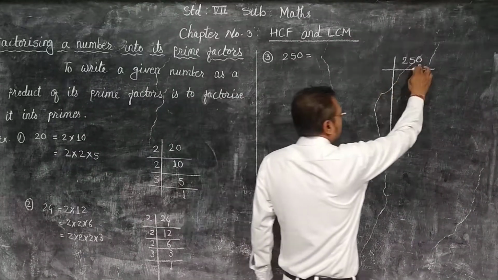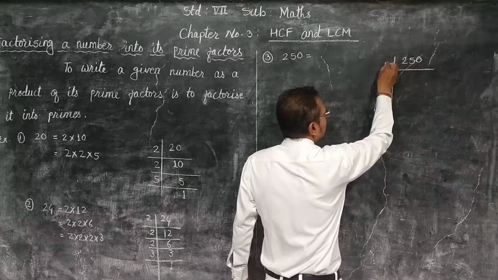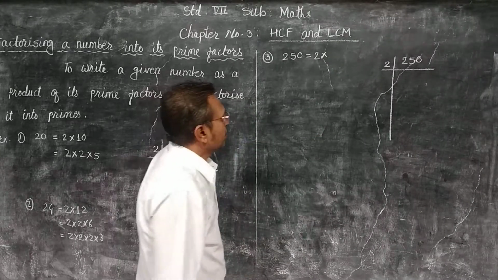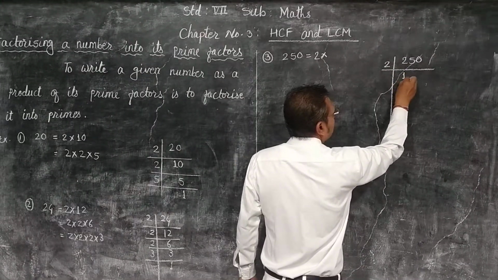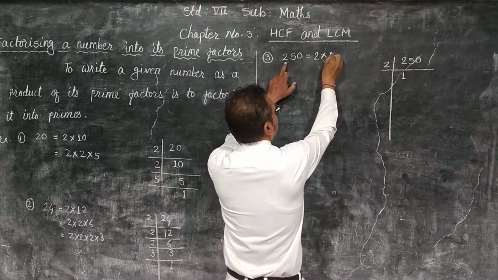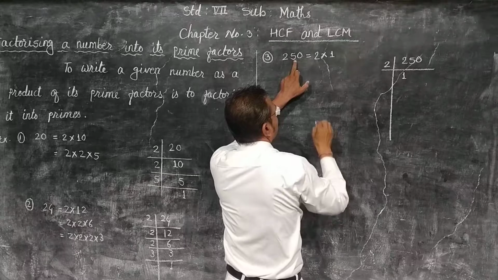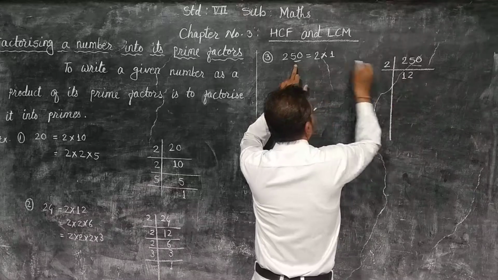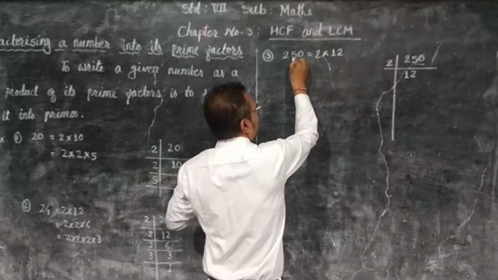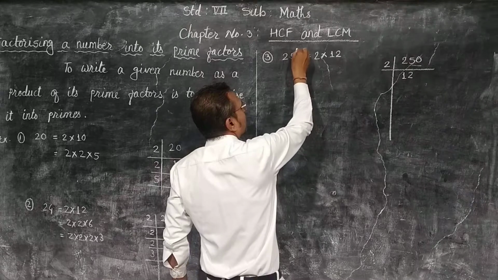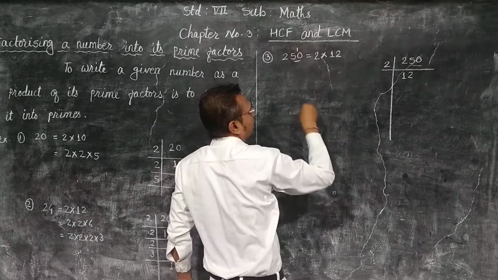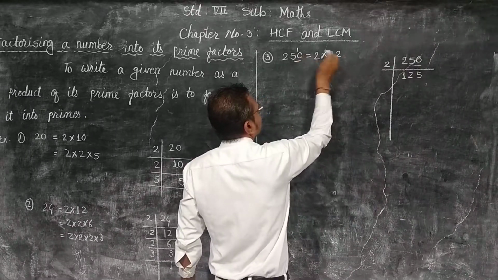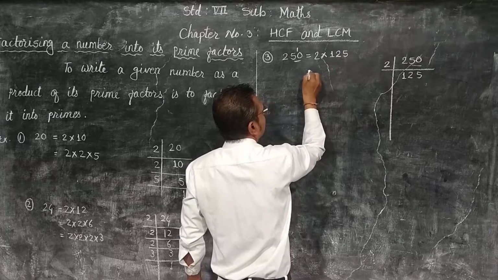Look here, in the unit place there is 0, therefore this number is divisible by 2. Here I write 2. Then 2 1s are 2. Then remain 50. 2 2s are 4. 5 minus 4 remains 1, became 10. Here also became 10. 2 5s are 10. Like this way.